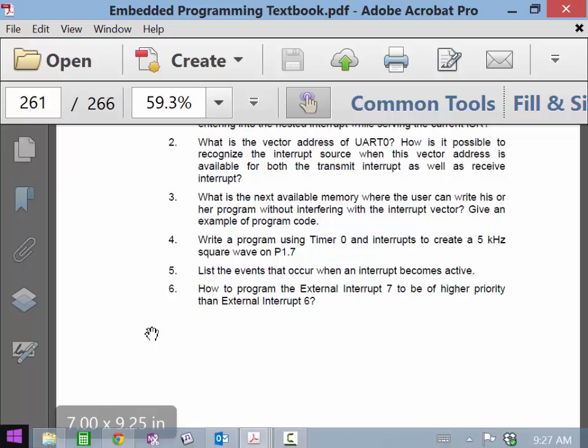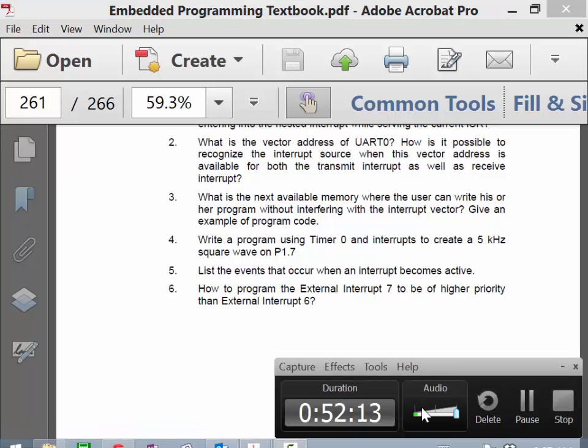So I'm going to wrap this up here. This is my shortest class. I hope